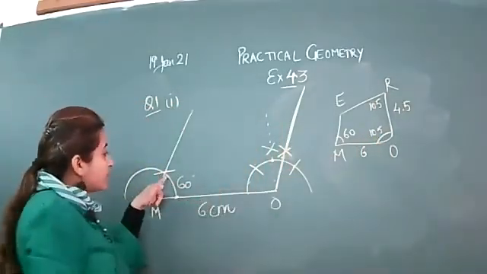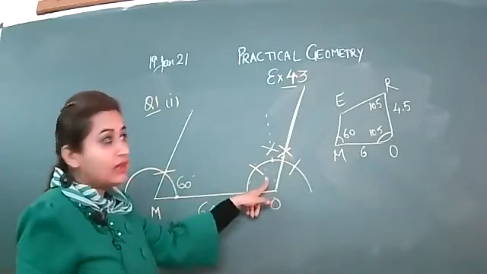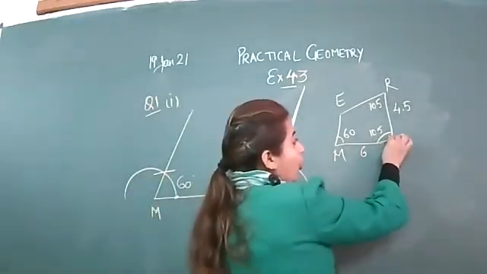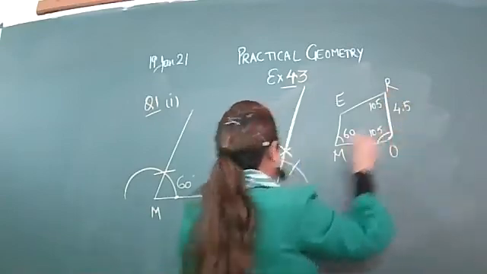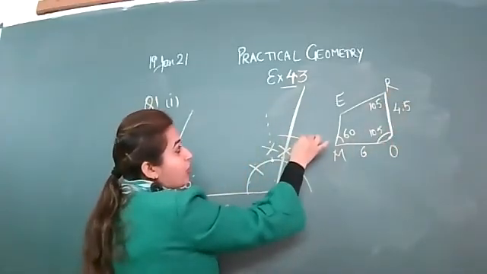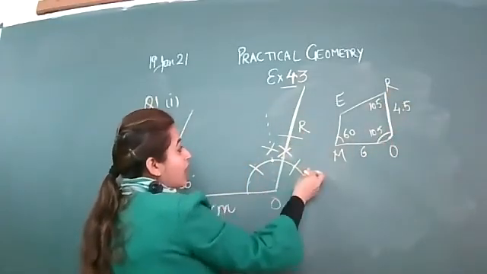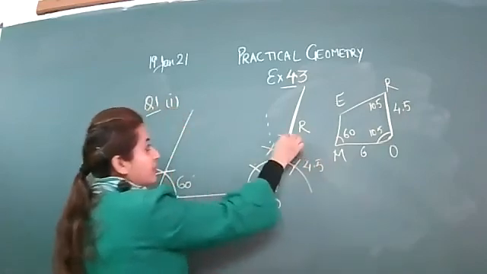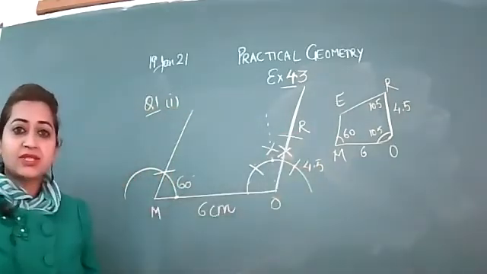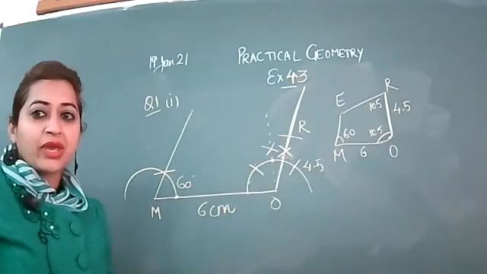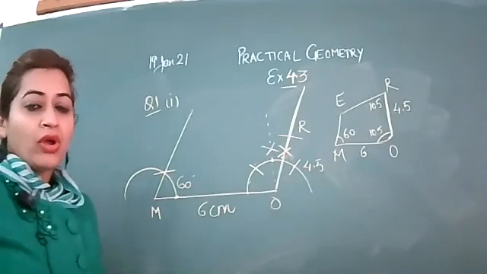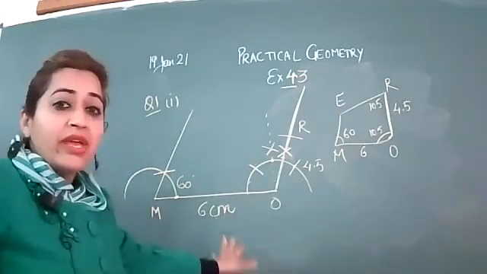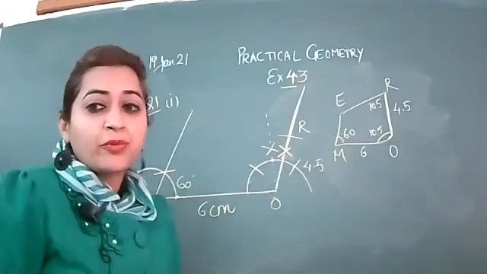Now, we have got 60. This is your 105. From O, you are given this 4.5. So from O, if you put the arc of 4.5, that will be your arc. This is your 4.5. Is it okay? Is it okay, beta? Now, draw from here till here. I'm waiting for you people. Hurry up.